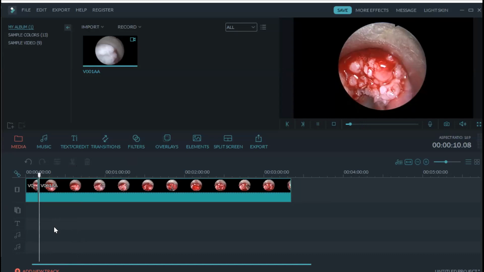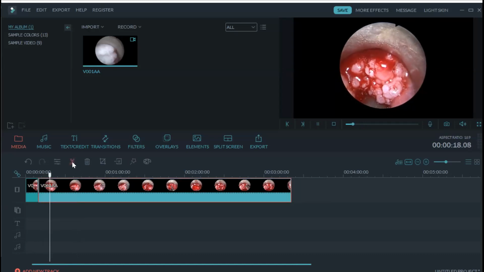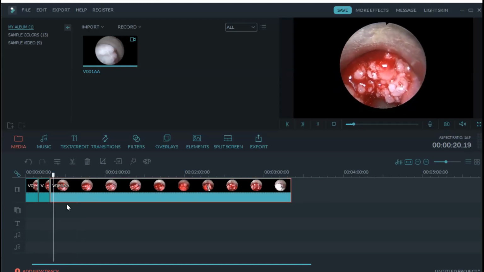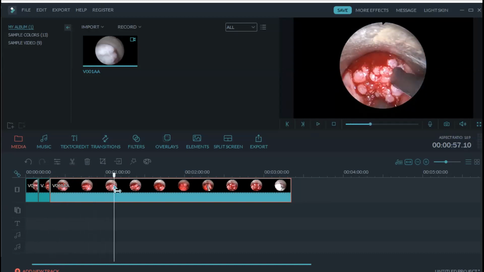Now the next step is I'm taking a biopsy, which I want to show. Once I take a biopsy, I'll click and again I'll run. And see, in between I'm preparing the field for surgery, and see now I'm sucking. See, now I'm taking the biopsy. Once I take the biopsy, I'll stop here,